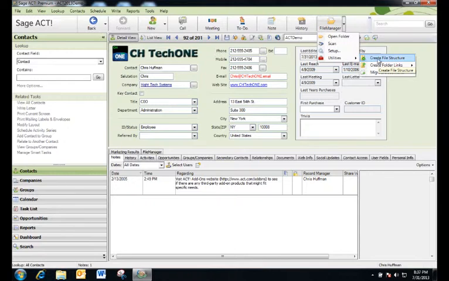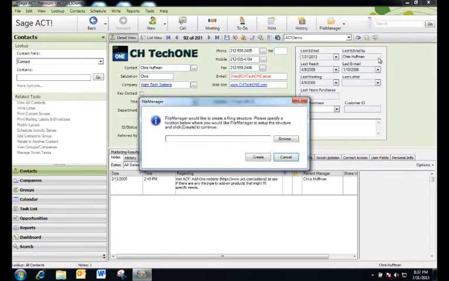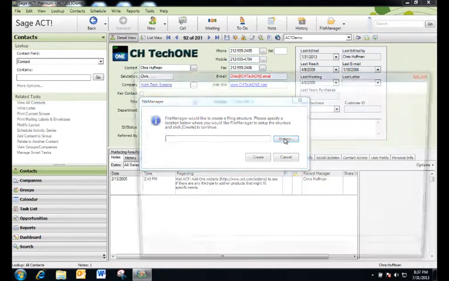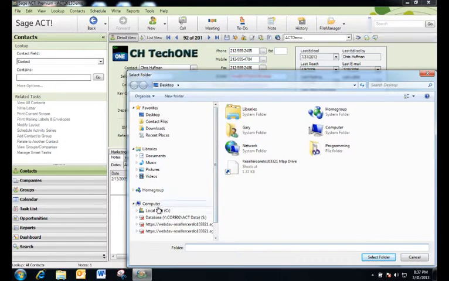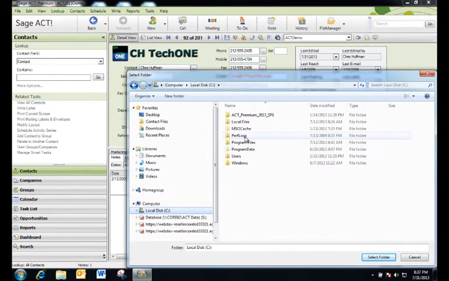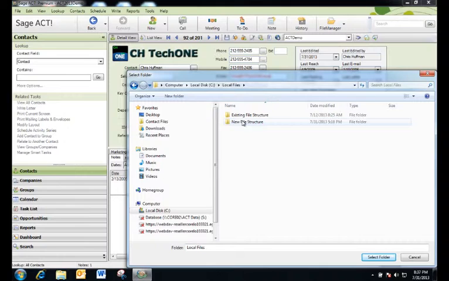So it's quite simple. Just click on the Create File Structure. It's going to ask you, where do you want to create this file structure? Now I'm going to use it on this local computer. We'll go over here to Local Files, and I'll go New Structure, File Structure. You can put it anywhere you want. It can be on the cloud, on a file server, or again on the local computer like I'm doing here. Select Folder,